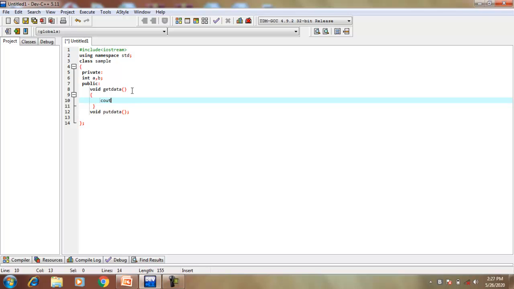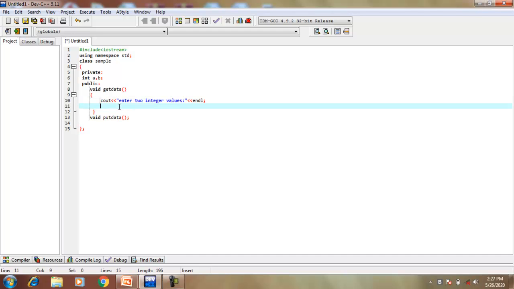For the display purpose, use the cout object. So within the double quotation marks: enter two integer values. Then use endl for the new line character and then put the values through the keyboard.